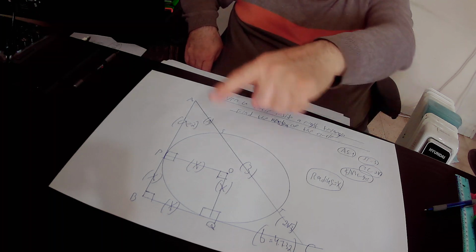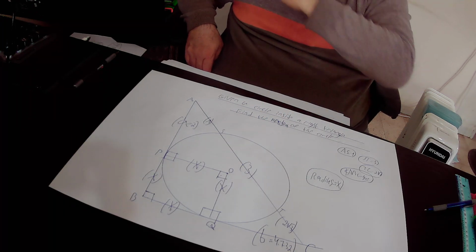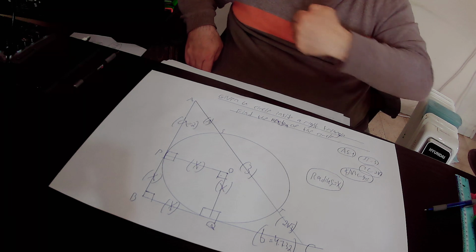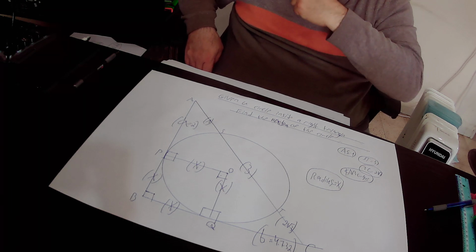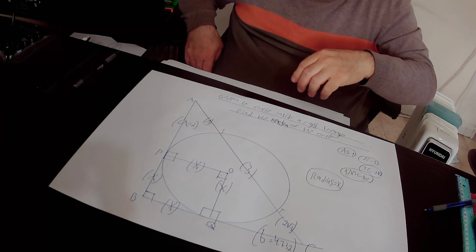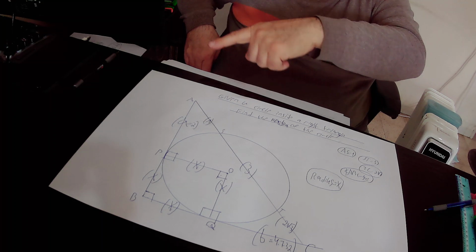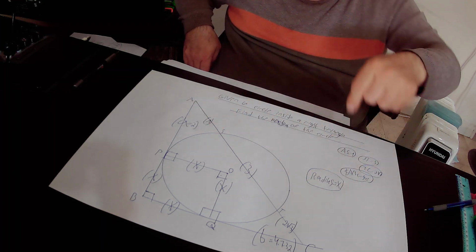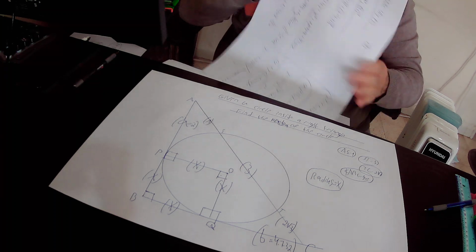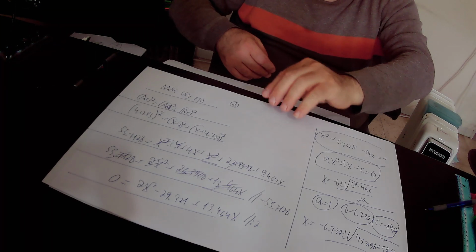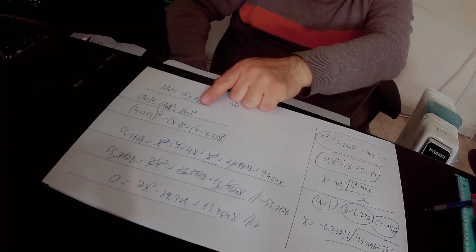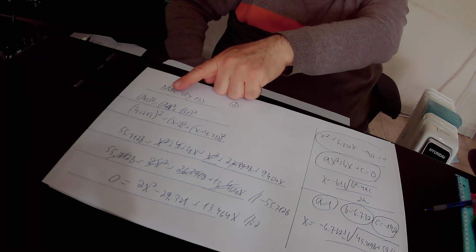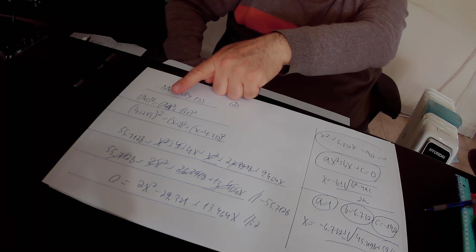So in the right triangle ABC, according to the Pythagoras theorem, in any right triangle, the square of the hypotenuse equals the sum of the squares of the perpendiculars. The hypotenuse is AC, therefore the square of the hypotenuse is AC squared, so AC squared equals AB squared plus BC squared. Repeat again, according to the Pythagoras theorem in the right triangle ABC, AC squared equals AB squared plus BC squared. AC is 4 plus 2 times square root of 3, therefore AC squared is (4 plus 2 times square root of 3) squared,